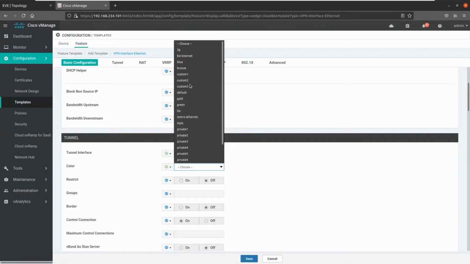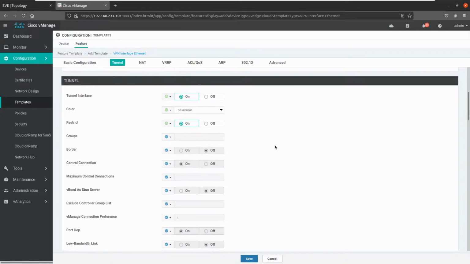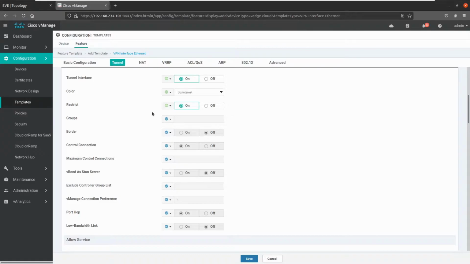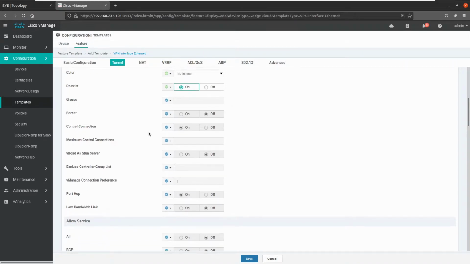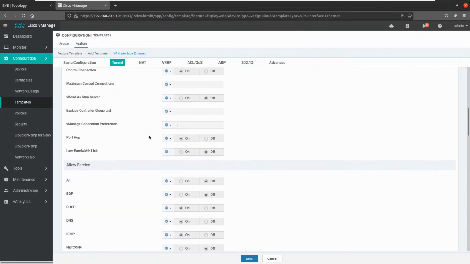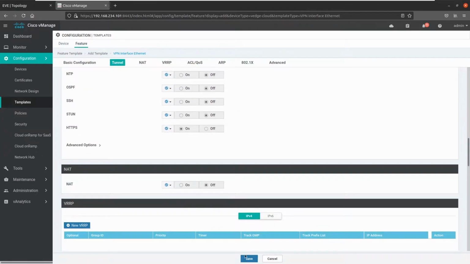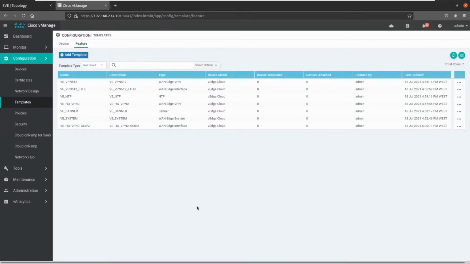Color that's public internet, and that's restrict. So we want to establish tunnels with those vEdges that are using this internet as well. Groups. And yes, I'll just leave it off. It's better. Border. Now I have to allow the services, and that's it. Oh, I have, let me see, headquarter, I have VPN, I have this interface,